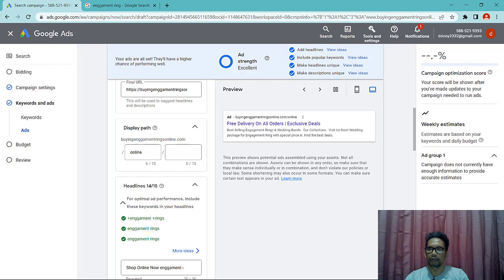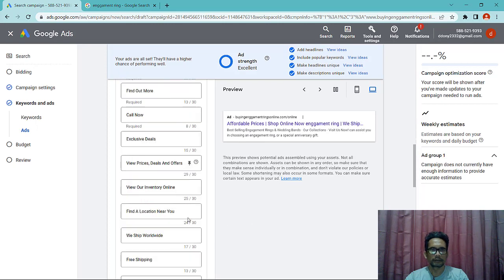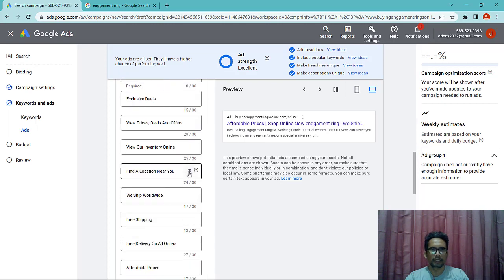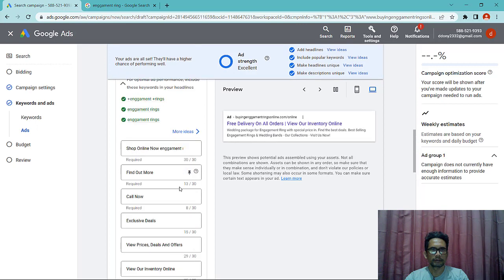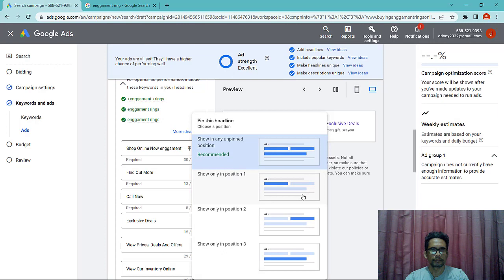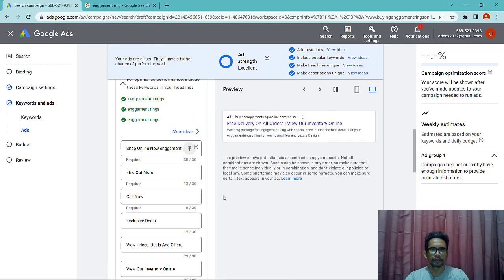You can control where individual titles or descriptions appear in your ad by pinning headlines, like this, or descriptions to specific positions.